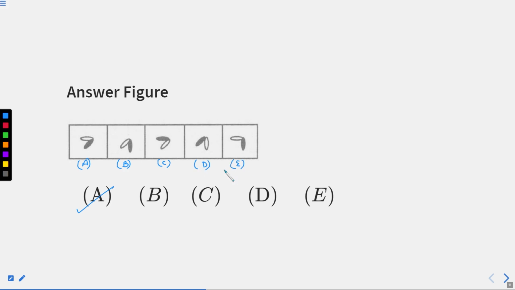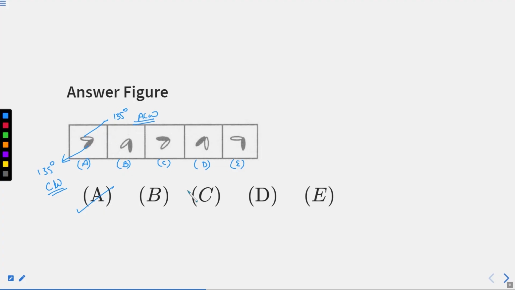Now I think you are able to see all the figures, and the figure that matches our calculation or our answer figure is option number A. I hope you didn't find any problem in this, right? How did we do it? We rotate the shaded part 135 degrees clockwise, this 135 degrees anti-clockwise. I hope there is no problem in this, right?